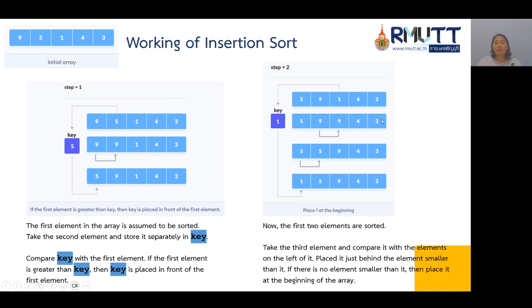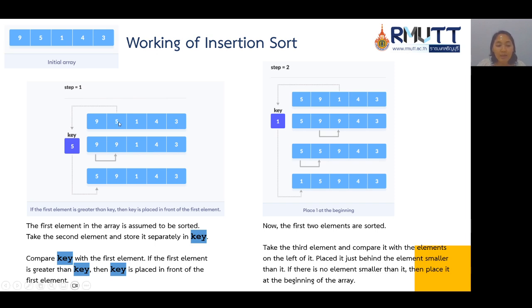And this is the working of the insertion sort. I use this array, this is the random data. There are 5 data items, containing the numbers 9, 5, 1, 4, and 3. For the first step, the first element in the array is assumed to be sorted.